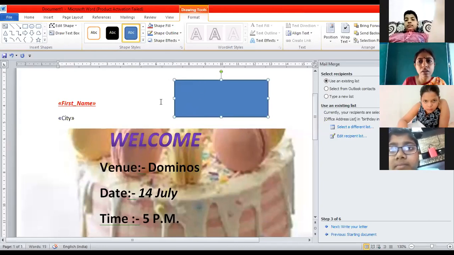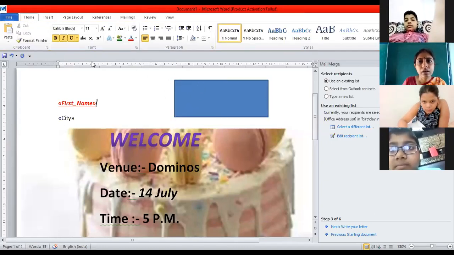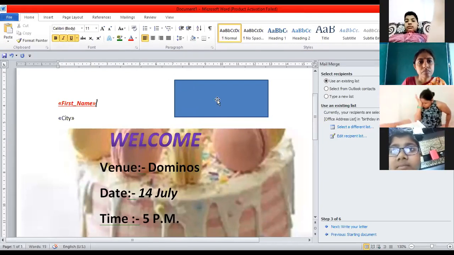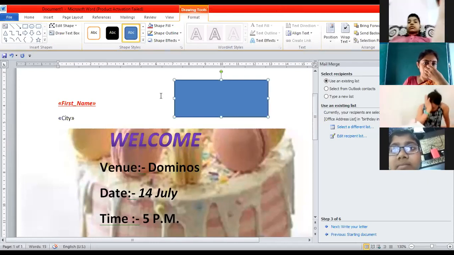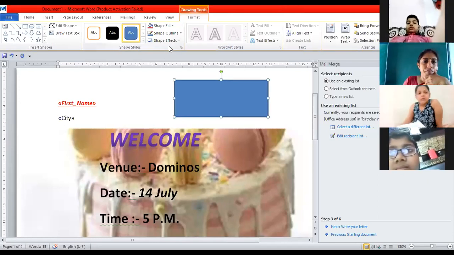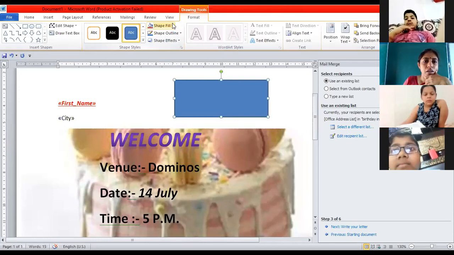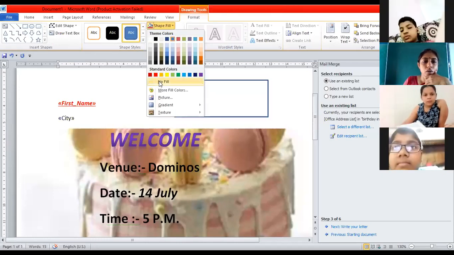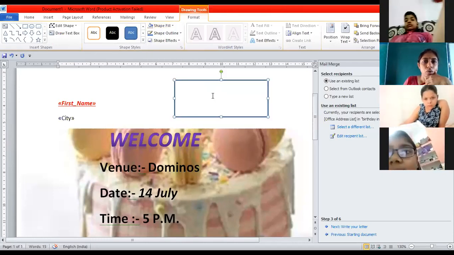Shape fill is here. Just click on no fill. Now nothing has been filled inside.